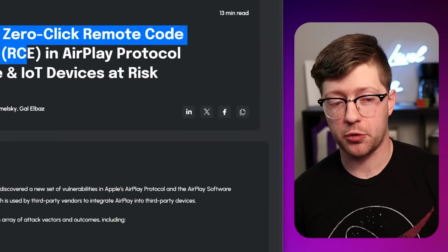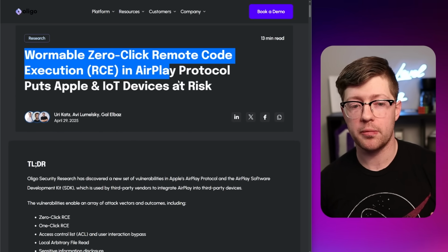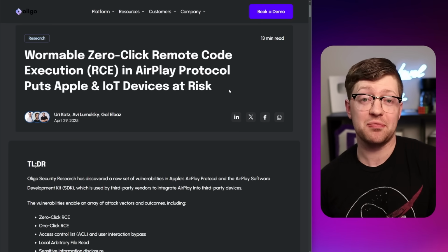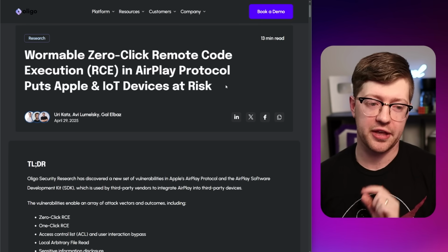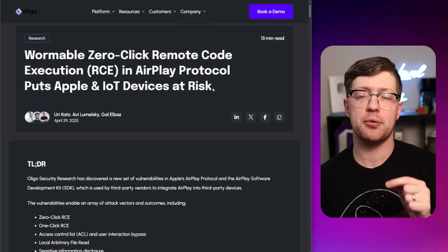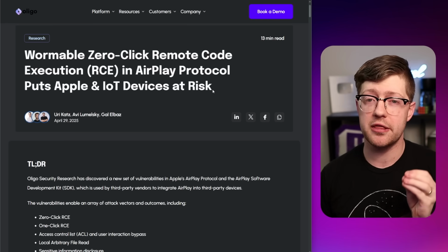Normally, when I see all of these words together in the title of an article, I'm thinking, oh, it's clickbait, or oh, they're trying to sell me something. But this is one of the rare instances where that is not the case. Today, we're talking about a new RCE vulnerability in Apple AirPlay, and it probably is going to be the biggest